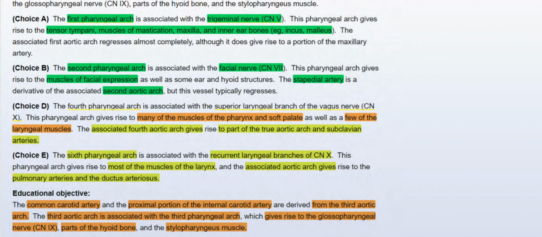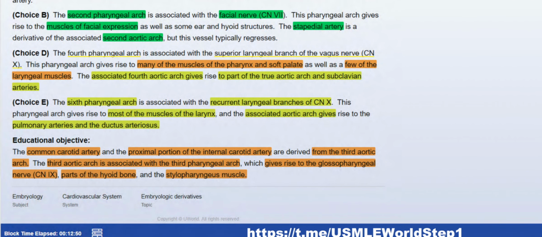Few of the laryngeal muscles. Associated fourth aortic arch gives rise to part of the true aortic arch and subclavian arteries. Sixth pharyngeal arch is associated with the recurrent laryngeal branch of cranial nerve 10, most of the muscles of the larynx. Associated aortic arch gives pulmonary arteries and ductus arteriosus. Common carotid artery and proximal portion of the internal carotid artery form from the third aortic arch. Third aortic arch is associated with the third pharyngeal arch, which gives rise to glossopharyngeal nerve, part of the hyoid bone,